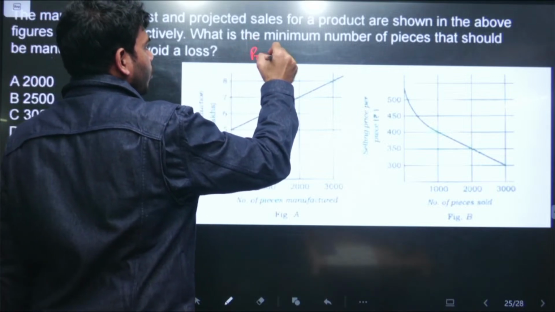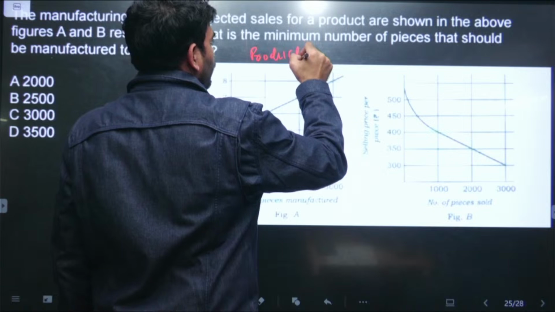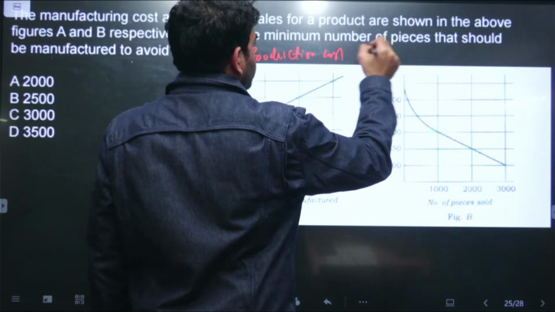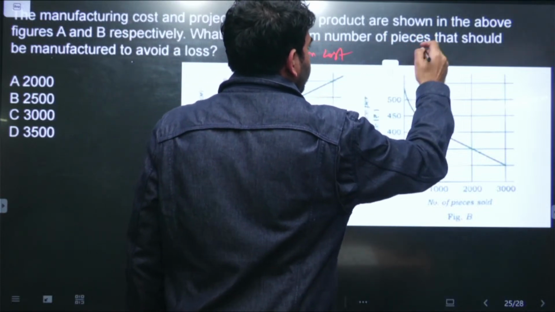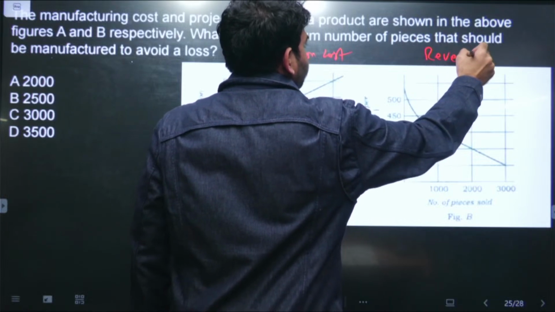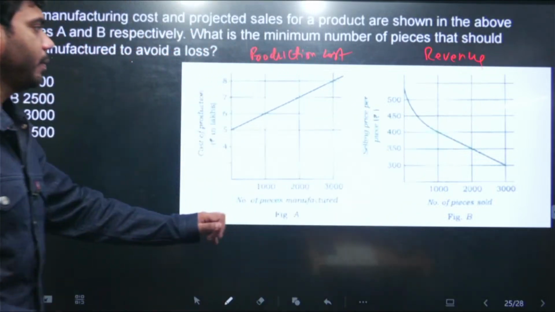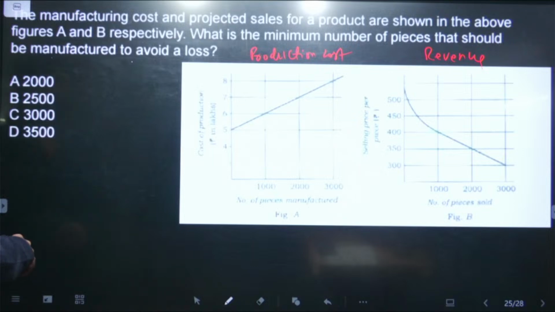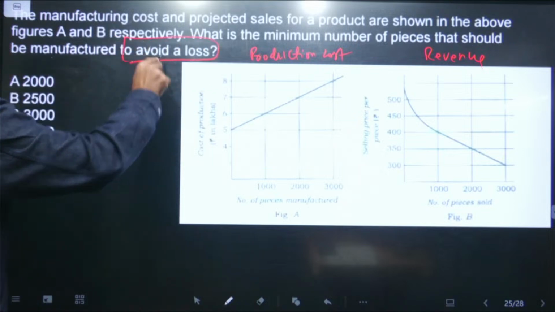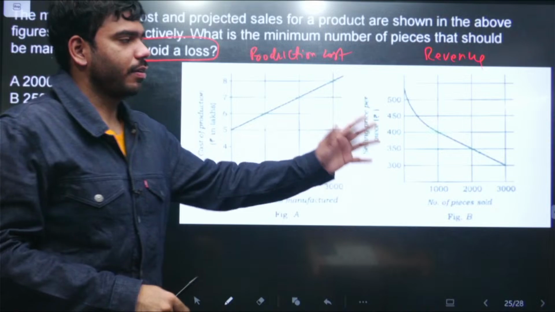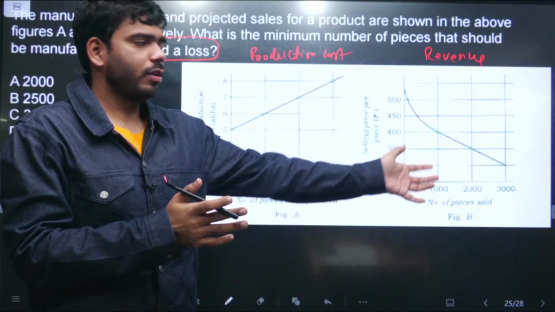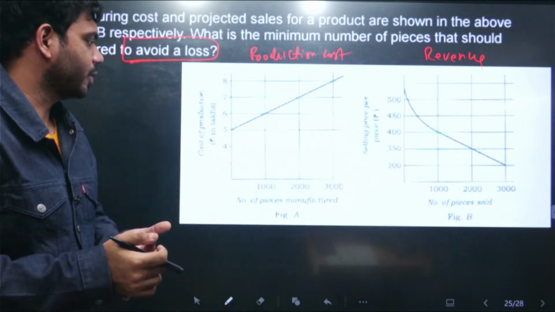this is production cost, and this is expenditure. Matlab this is revenue. And we need to find what is the minimum number of pieces that should be manufactured and sold to avoid a loss, to have this break even. When this revenue and production cost is almost same, or revenue is slightly higher than the production cost. So first